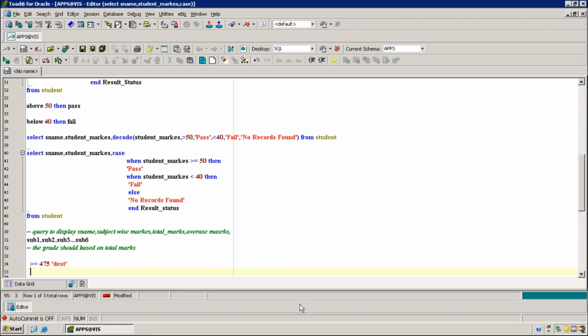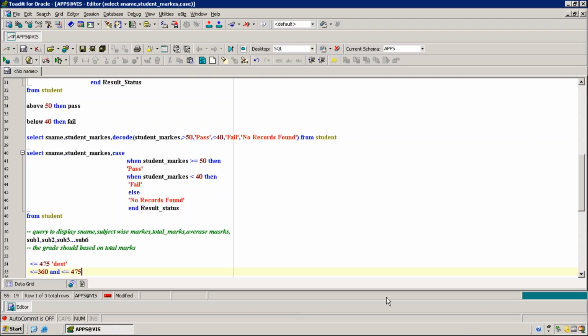And then if it is above 360 and below 475, then first class.